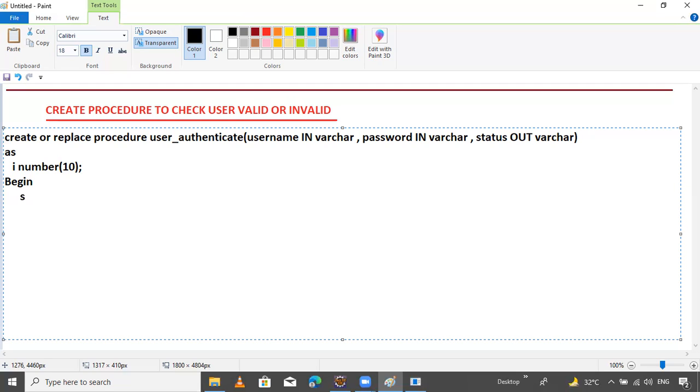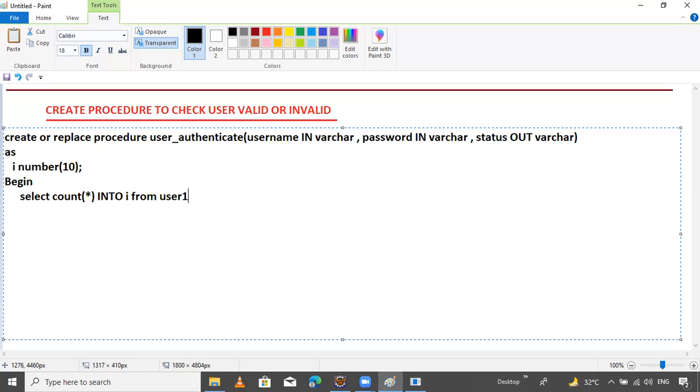So my query is select count star. Okay, I will tell you what this is. First I want to write the query. After the query, I will tell you. Okay, count into I from where? From which table? I will create one table. What is the user? Or otherwise user one. Okay.